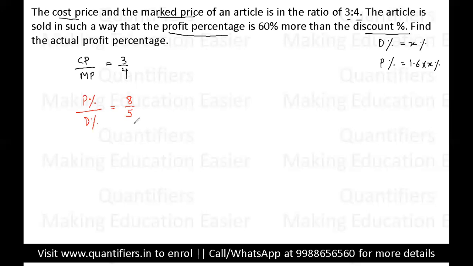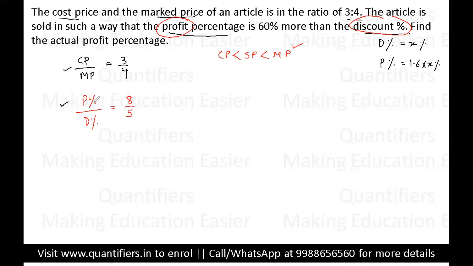So I hope students, this point is clear to all of you. Now students, one more thing you should notice here, that there is a profit, right? So we can definitely say that selling price will be more than cost price, क्योंकि अगर प्रॉफिट है तो सेलिंग प्राइस कॉस्ट प्राइस से ज्यादा ही होना चाहिए. And there is a discount given. So if there is a discount given, that is for sure that mark price will be more than selling price. So this information we also have.